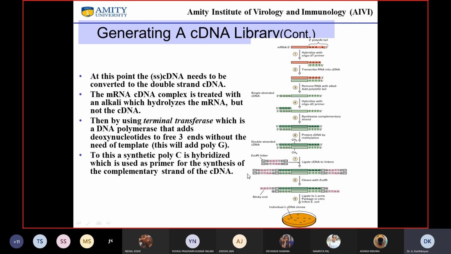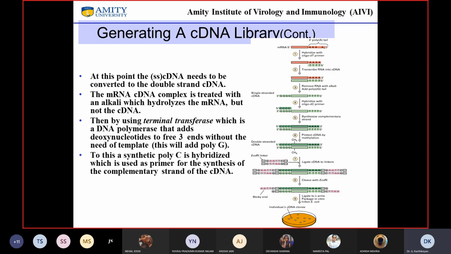And then you would ligate certain either linkers or adapters depending on the choice, and you can cut with appropriate restriction enzymes. If you're using EcoR1 linkers, you would cut with EcoR1. If you're using BamH1 linkers, you would cut with BamH1, and then you can ligate this into the lambda phage packaging extract that we saw, or you could use any other enzyme and package with the lambda vector.